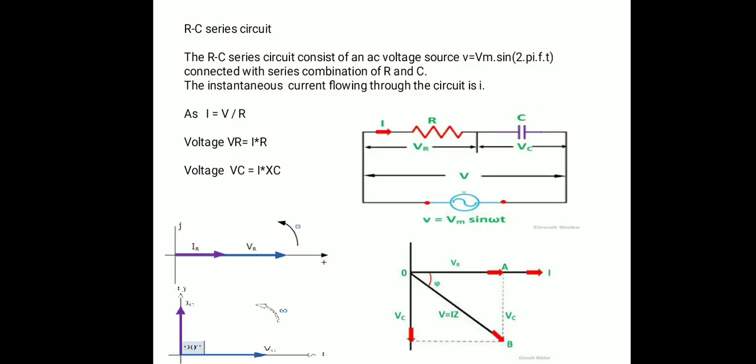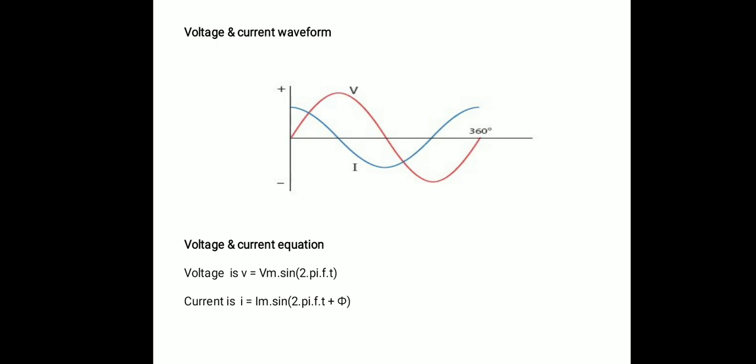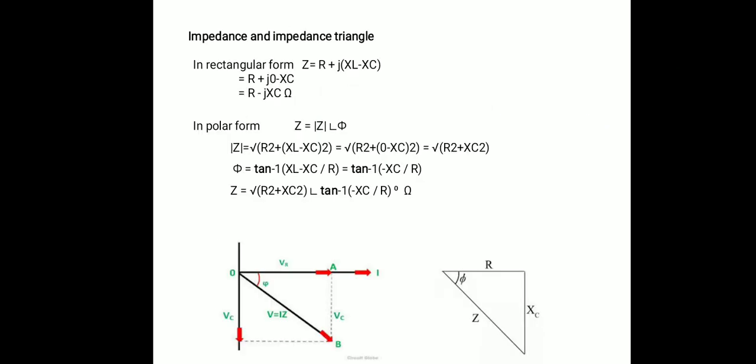Then in the phasor diagram, you can see the voltage triangle. The three sides of the voltage triangle are VR, V and VC, and that voltage triangle is drawn here on the left hand side. If you divide each side of this voltage triangle by I, we get the impedance triangle. If you divide VR by I, we get the resistance R. If you divide V by I, we get Z, and if you divide VC by I, we get Xc. So the impedance triangle is obtained by dividing each side of the voltage triangle by I.